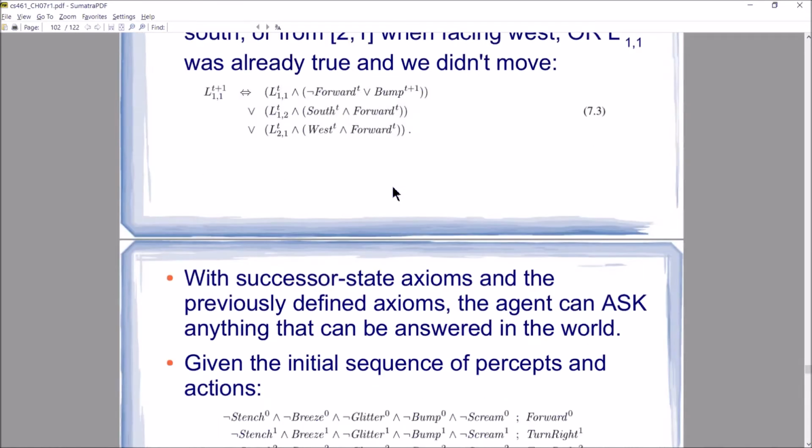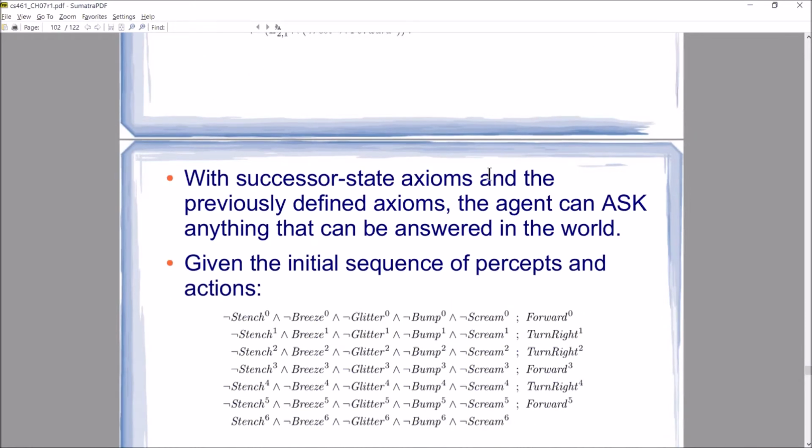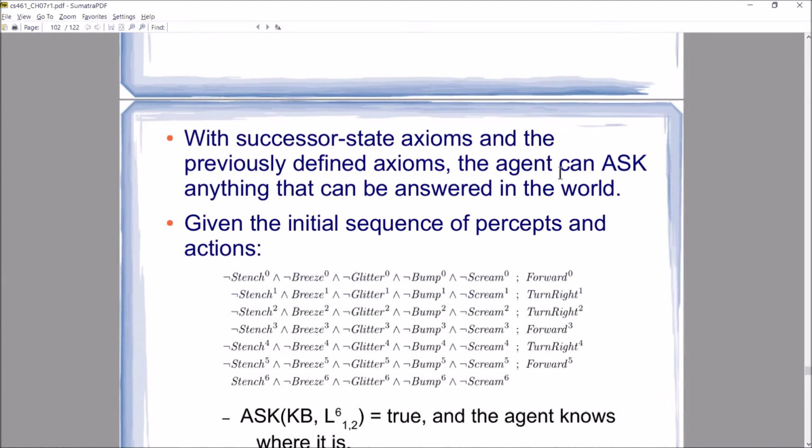So if we have defined these successor state axioms, and you have all the other axioms that we've talked about up to this point defined in your knowledge base, then the agent is able to ask anything that could possibly be answered in the world in which it's operating. So let's say that you had